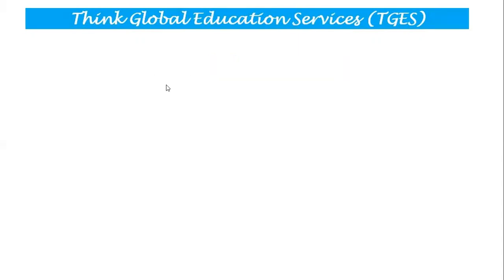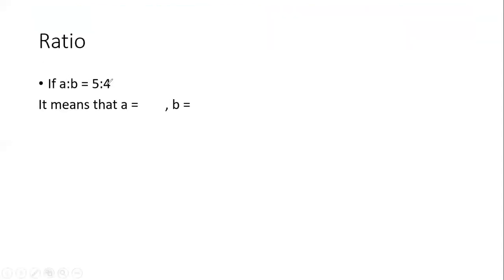So, the very basics of ratios. If I say the ratio of A is to B is 5 is to 4, it's given here. It means that A is equal to what and B is equal to what. Now generally, that's the very basic mistake that a student does. When the ratio is A is to B, the student directly concludes the argument by saying that A is 5 and B is 4. Now that might be correct, but that's not always the fact. So I cannot directly assume the ratios as original.